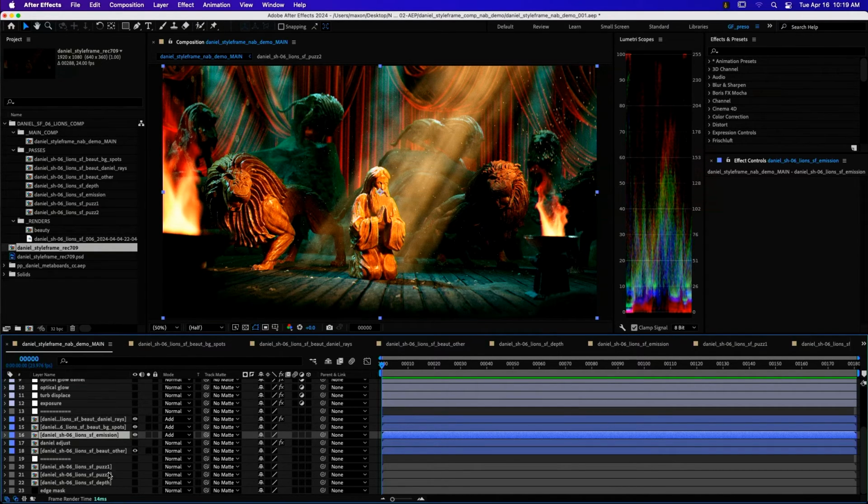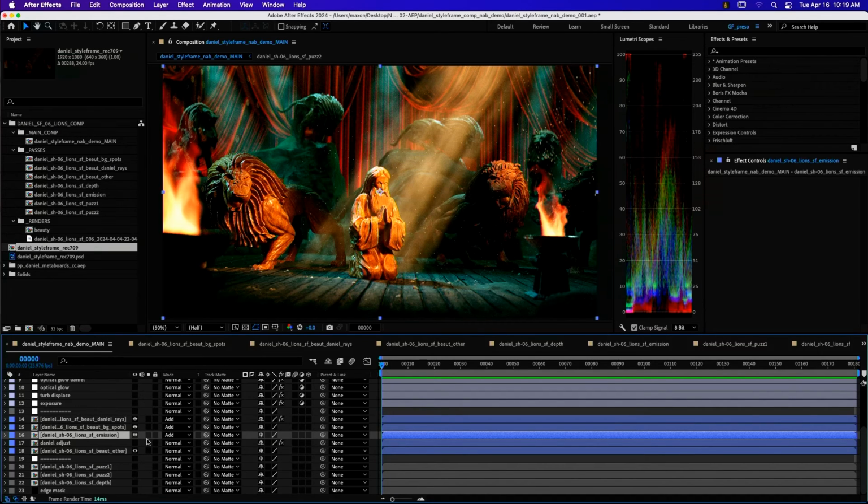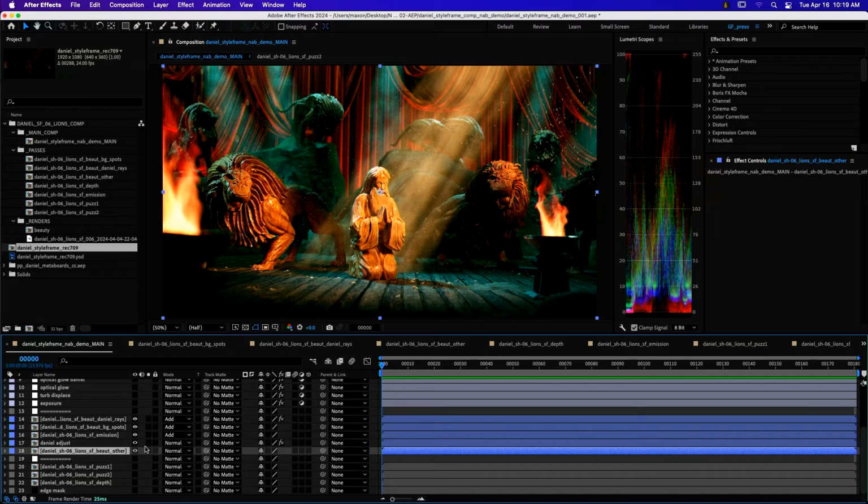So why the puzzle mats too? So you can see here my puzzle mat here. I've got my red channel for Daniel. So let's say I wanted to make some changes just to Daniel, just to bring his levels up a little bit. Well, I'm doing that with this channel here. So I've just duplicated my beauty channel,